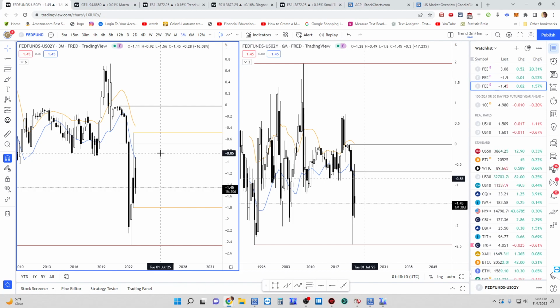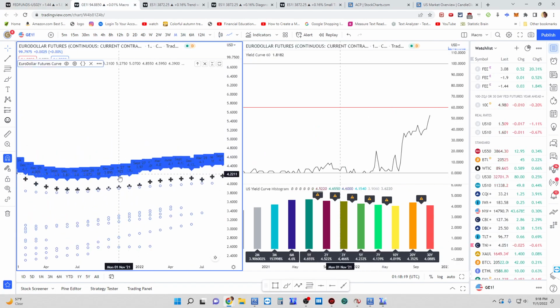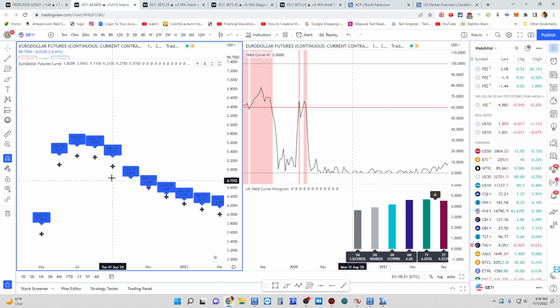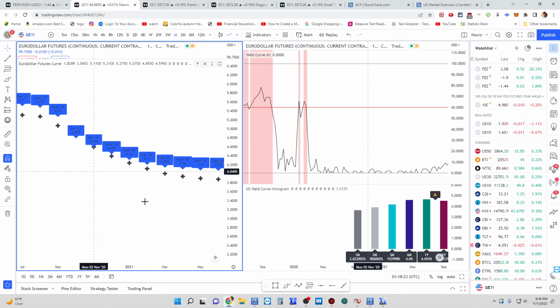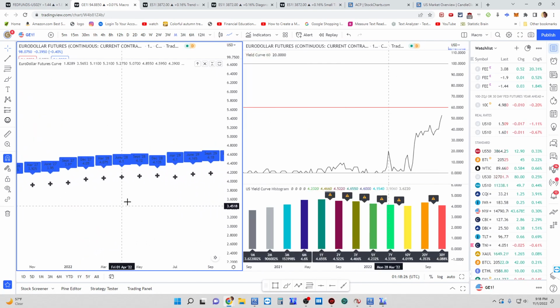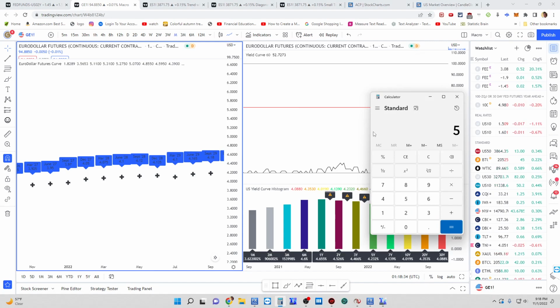Whether you take the 30-day forward yield, or the 2 year, or the Eurodollar futures, Eurodollar futures says at the peak here 5.31. So that 5.31 minus 3.08, if we were to be exact,